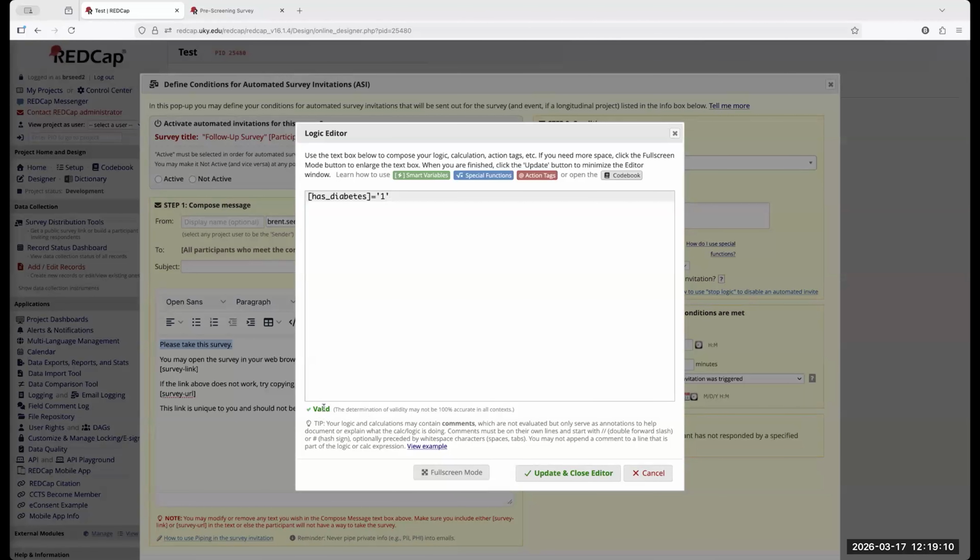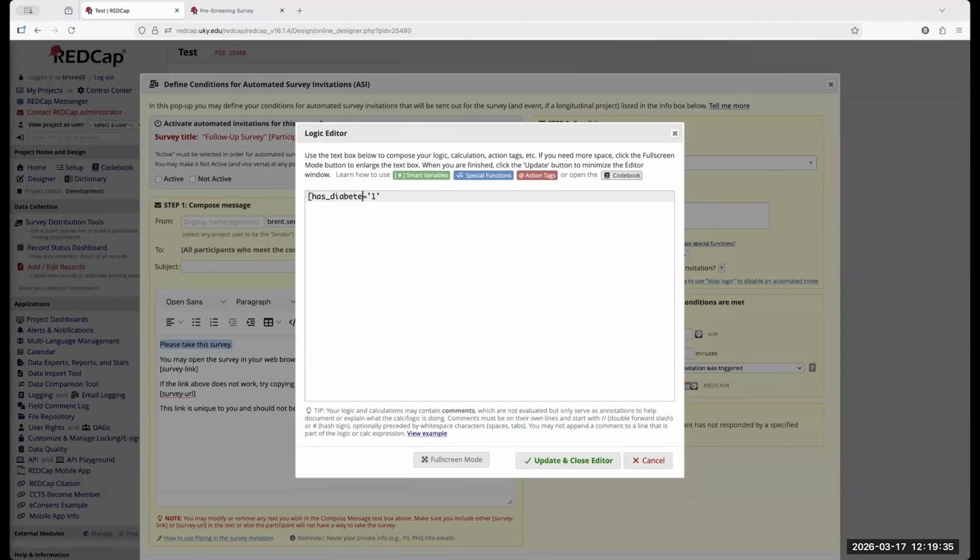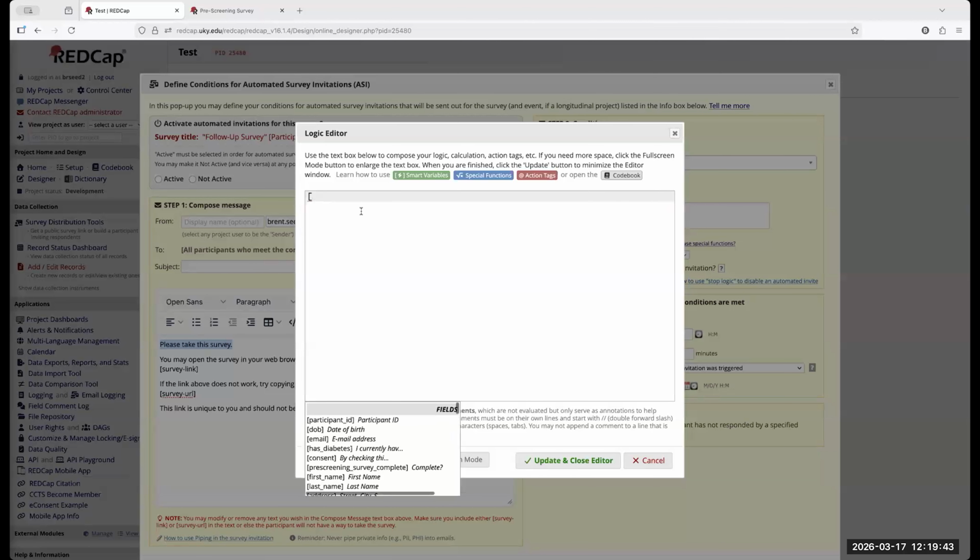It'll tell you that it's valid. And that means that it has found that variable. That variable is correct within the database. So you want to look for that valid. If that does not show up, that means you have either typed in something wrong or you don't have a valid variable. My suggestion when you're typing this out is to pull a variable from your list that shows up. That is the easiest way to make sure you have the correct one.